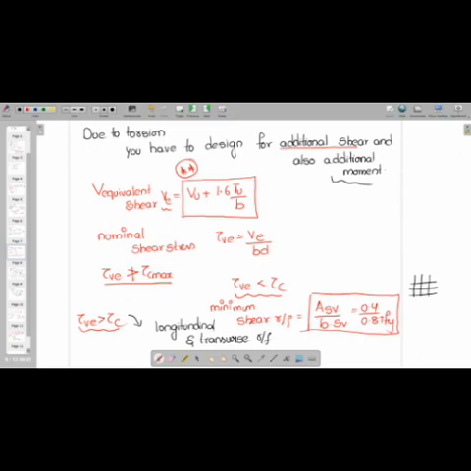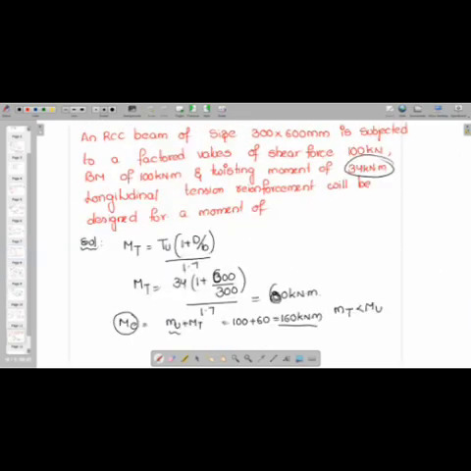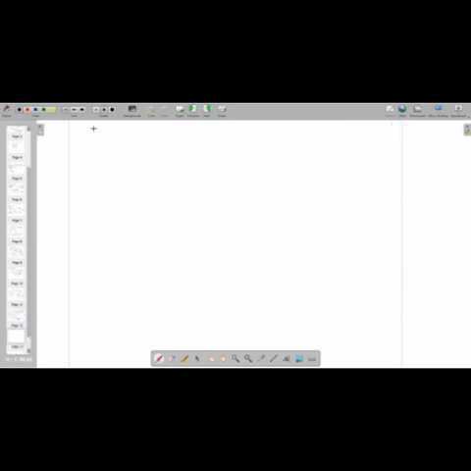So here it is. What is the answer? You will be designing for ME. You can write here that is equal to 160 kilonewton meter. Okay. Clear, students? Clear? Yes. Okay. Now, if this same problem,